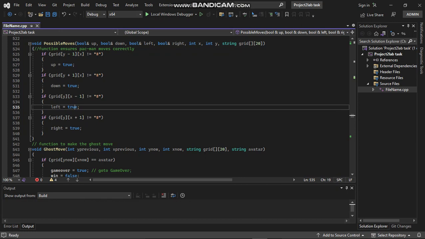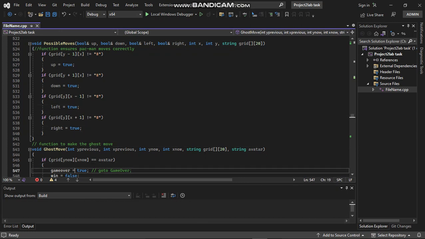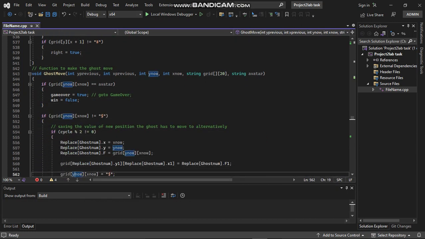Void ghost move is the function to make the ghost move. I have commented here what ghost move in y previous x previous. Here see the input arguments y previous and x previous are the previous values of the x and y which